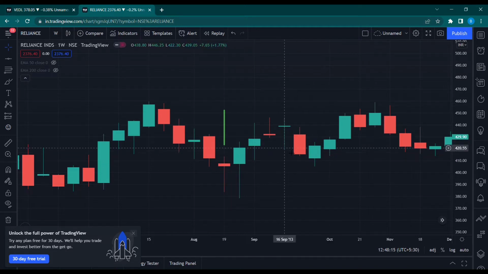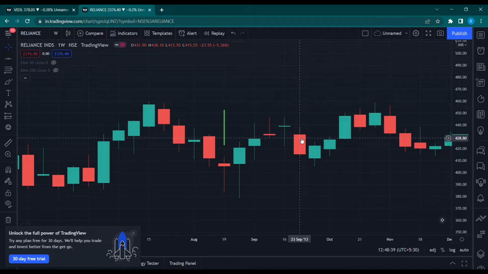Just as in this candle, you see the prices opened at a higher level, made a high, and then you see sellers coming in and pushing the prices down to a pretty low. So I hope this is clear. In this case, the dominance of sellers is really high, so the buyers are negligible. That is what is told by this candlestick.